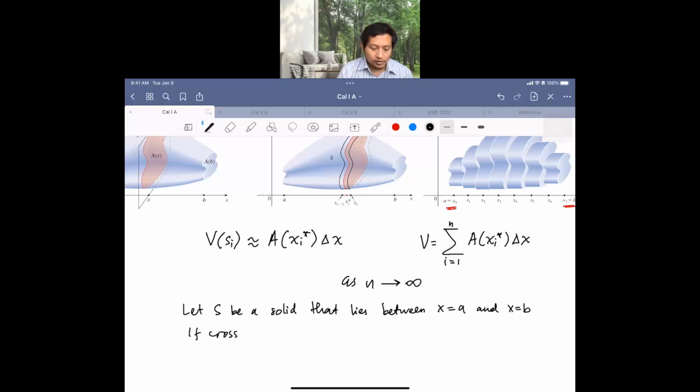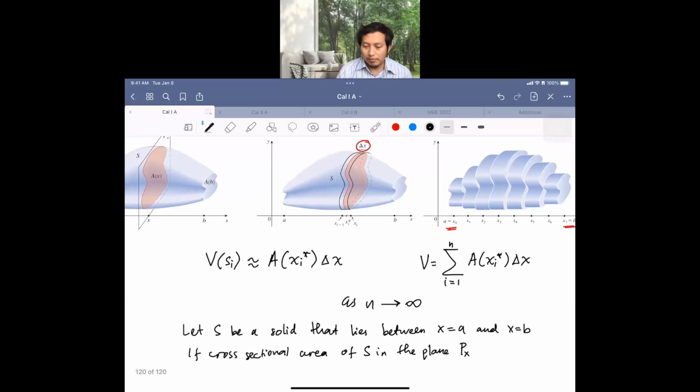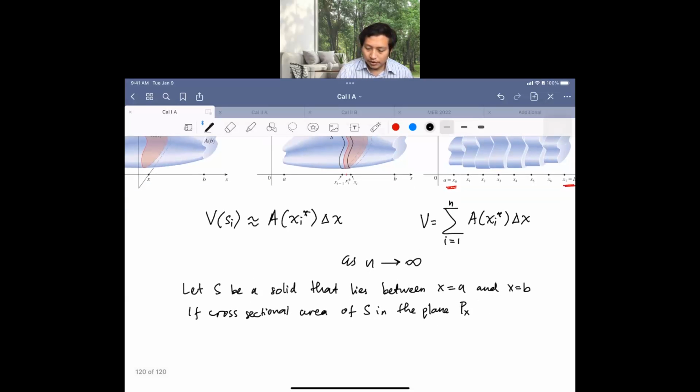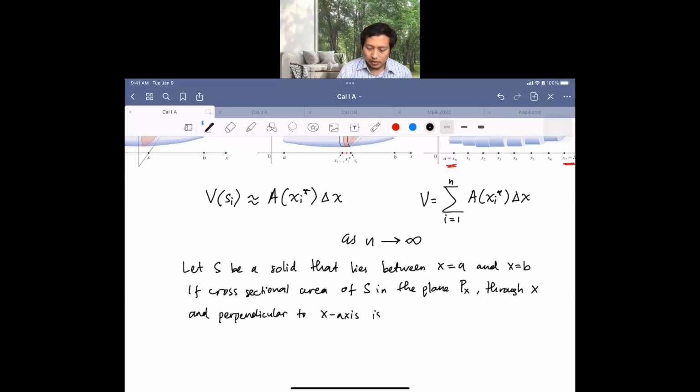If the cross-sectional area of S in the plane P_x, through x and perpendicular to the x-axis, is A(x), so A(x) is the cross section that we talked about before, where A is a continuous function,